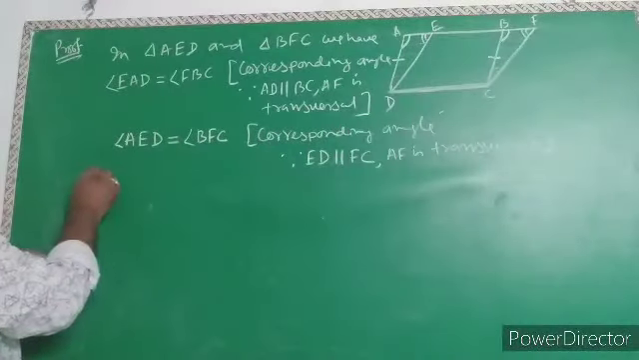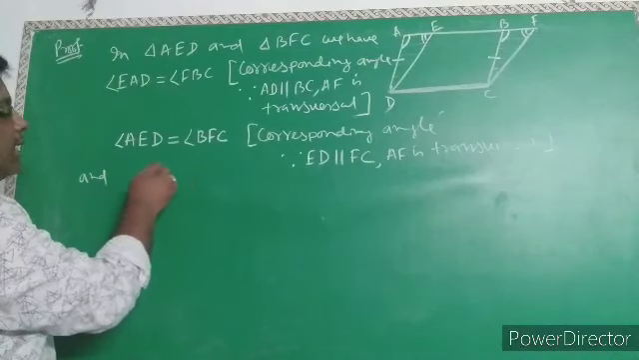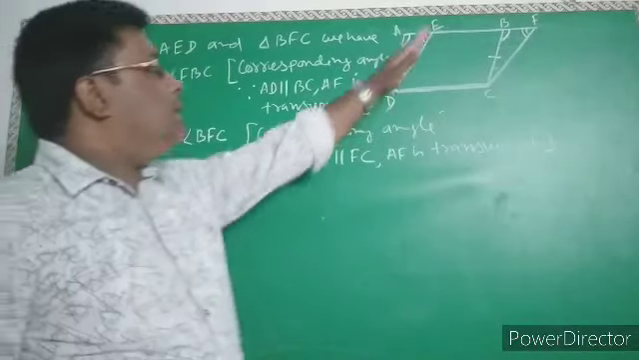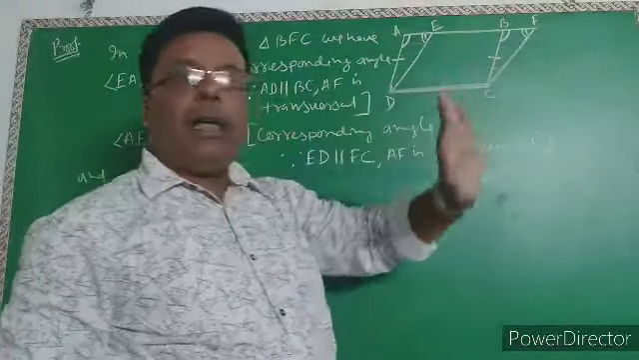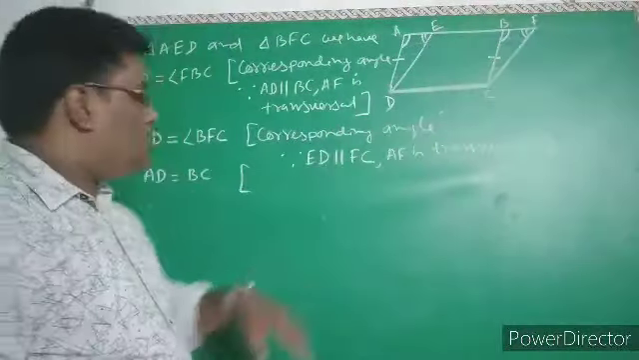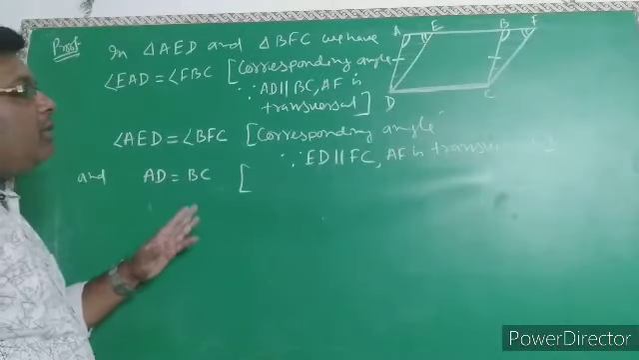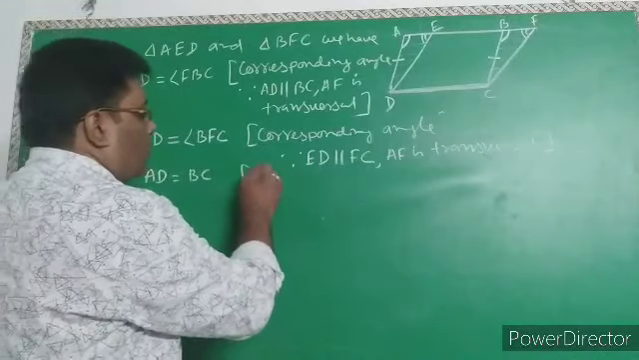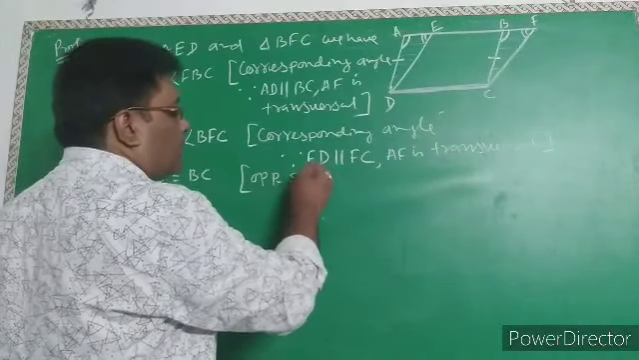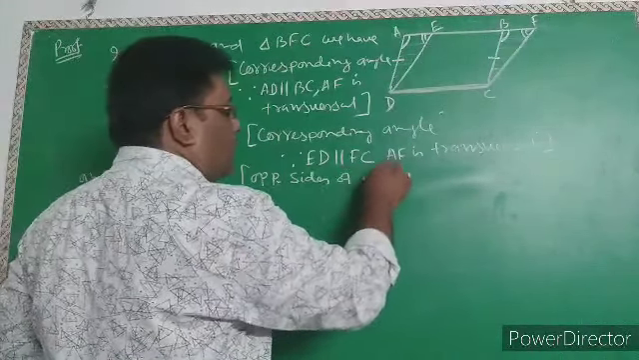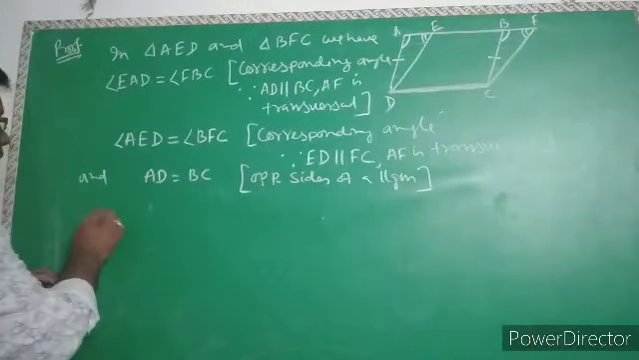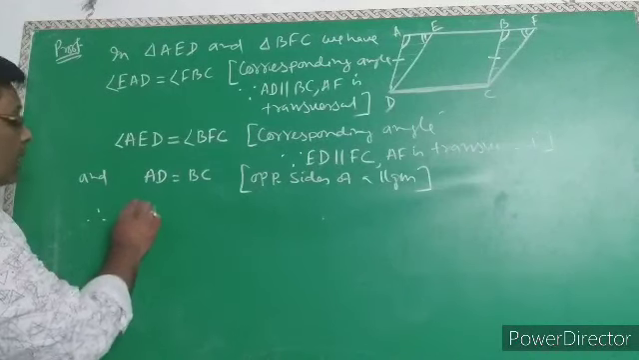And we write AD is equal to BC, or you may write ED equal to FC also. It's also equal. Opposite sides of a parallelogram are equal. So therefore, triangle